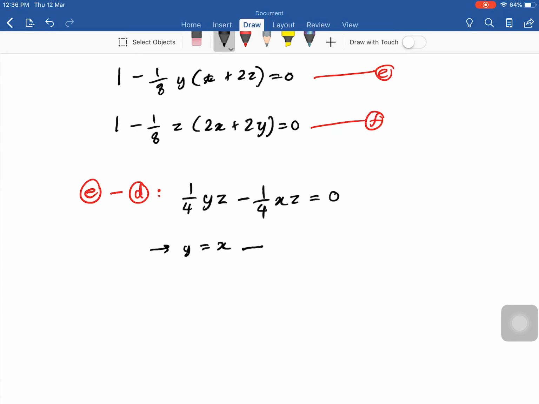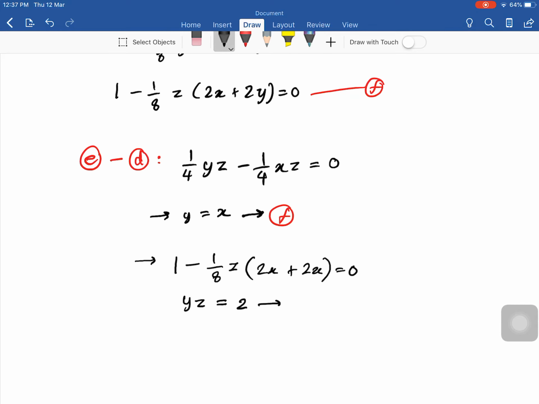Okay, and putting this into the F function, so the outcome is 1 minus 1/8 Z, okay, 2x plus 2x equal to 0, and then you can get that YZ is equal to 2. Alright,